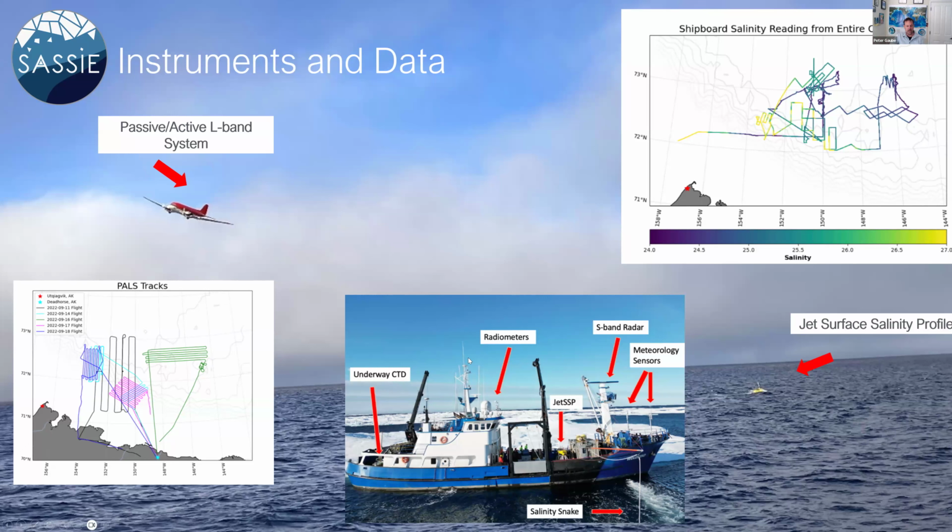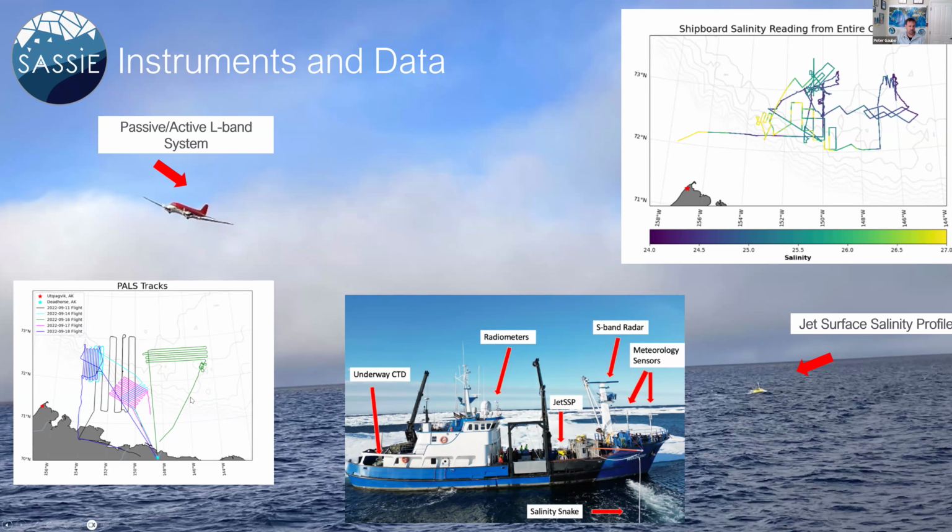We had radiometers, and then we had an underway CTD that we custom built for this that we used to collect very high resolution profiles behind the ship while underway. And then, yes, the salinity snake being the key measurement here, because we're taking true surface salinity measurements. Because the stratification in the Arctic is so strong, we saw some very strong gradients in the upper meter, and we're trying to measure surface salinity to compare it to the L-band system on the airplane, and then also the satellite sensors. I'll remind you that this was funded by NASA, so that is why we are doing quite a bit of work to look at measuring the surface.